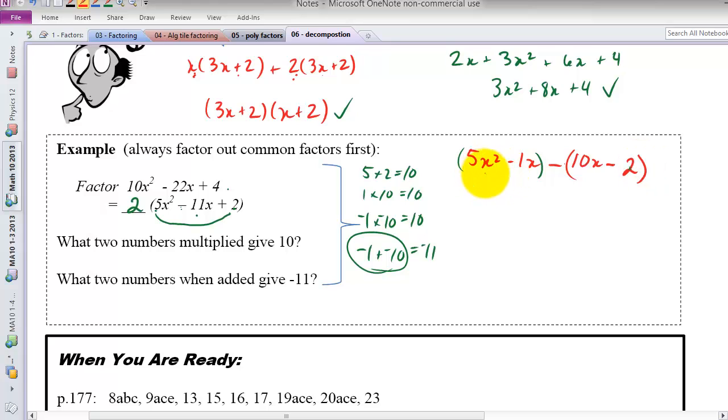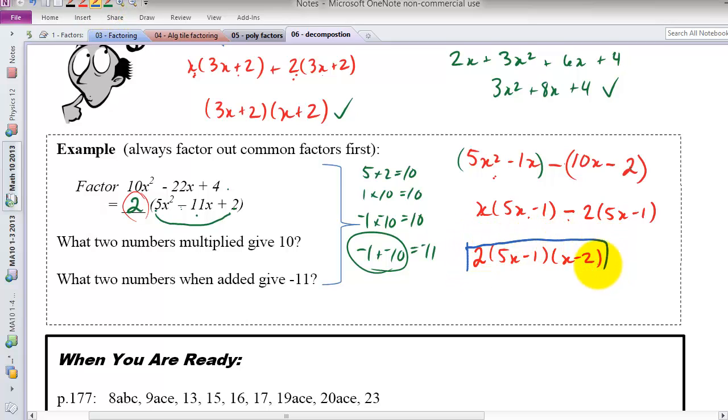Okay, so the common factor in this term is just an x, so that's x times 5x minus 1, minus the common term in this is 2 times 5x minus 1. So there we can see here's our common factor. So it's 5x minus 1 multiplied by x minus 2. And then for the final answer we have to remember to keep the 2 here. So this is that polynomial